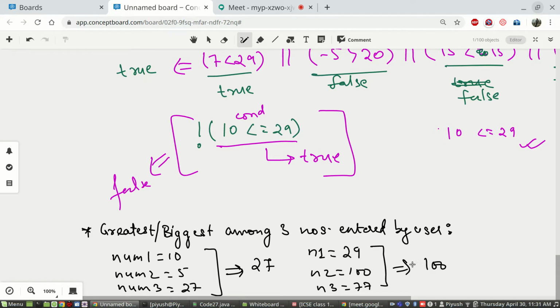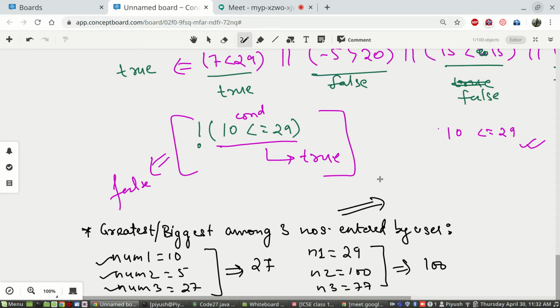Okay, so we are going to write a very simple program for this. So now let's see which type of model of conditional statement should we use. How many possibilities are there? Either num1 will be biggest, or num2 will be biggest, or num3 will be biggest. So there are three different possibilities.